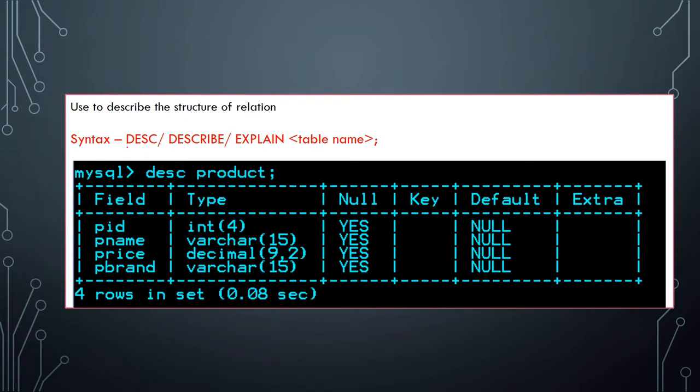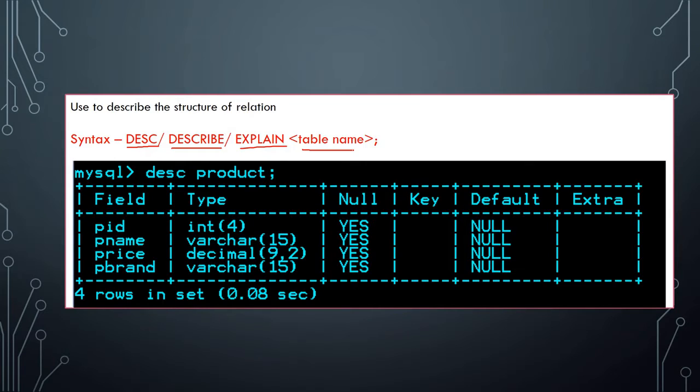We can write DESC, or we can write describe, and we can also use explain. After that we have to write the table name. This is the third DDL utility command, describe, for showing the structure of the table.